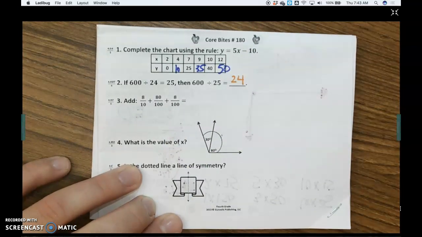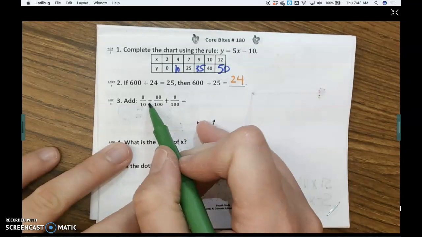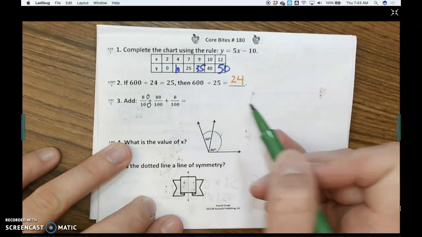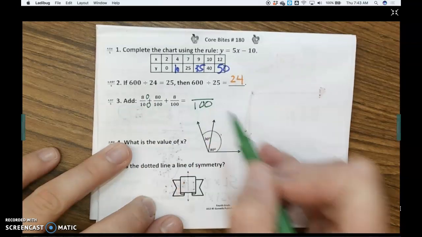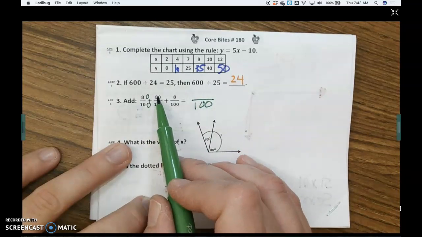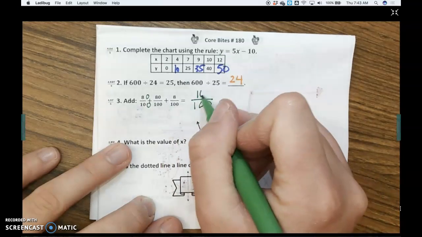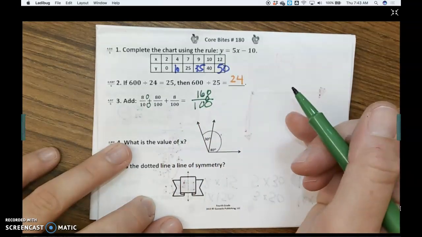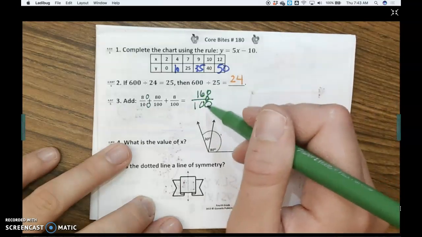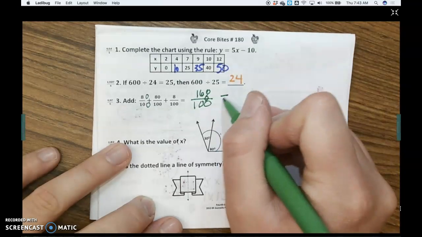Okay? Then for the next one, you've got to have a common denominator. Okay? So if you all want the 100s on the bottom, add a 0 here, a 0 here. So then your denominator is 100. So then add your numerators. So 80 plus 80 would give you 160, plus 8 would give you 168. So then you can actually simplify that, because 168 is more than 100, so that would be 1 whole, and